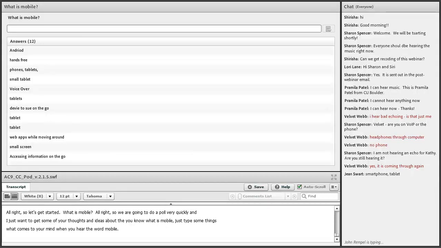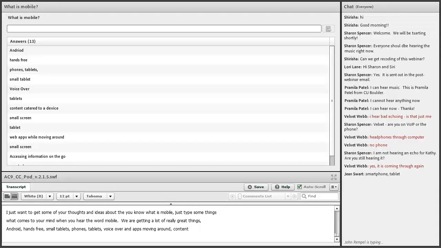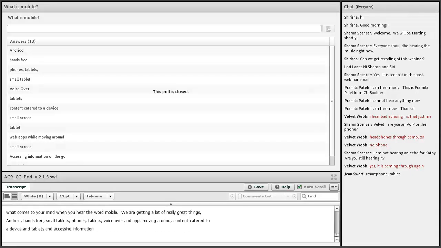We're getting a lot of really great things. Android, hands-free, small tablet, phones, tablets, voiceover, apps while moving around, content catered to a device, small screen, tablets, accessing information on the go, smartphone. All of those are great,